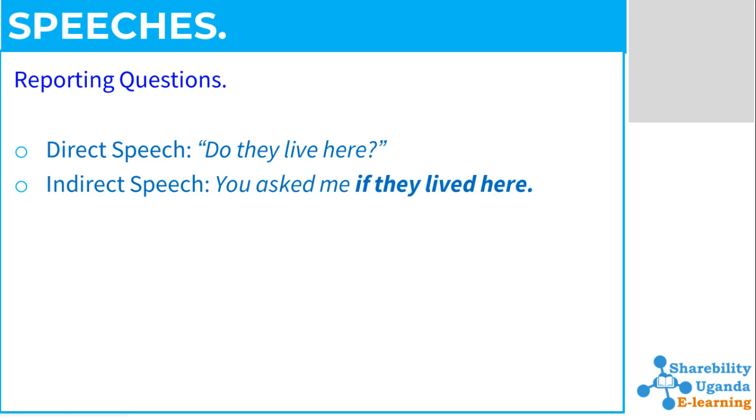Reporting questions. When you report a question, you need to change the interrogative form into an affirmative sentence, putting the verb tense one step back, as with normal reported speech. There are two types of questions that we can report: questions that have a yes or no response, and questions that begin with a question word like what, where, who, etc. When we report a yes or no question, we use if. For example,